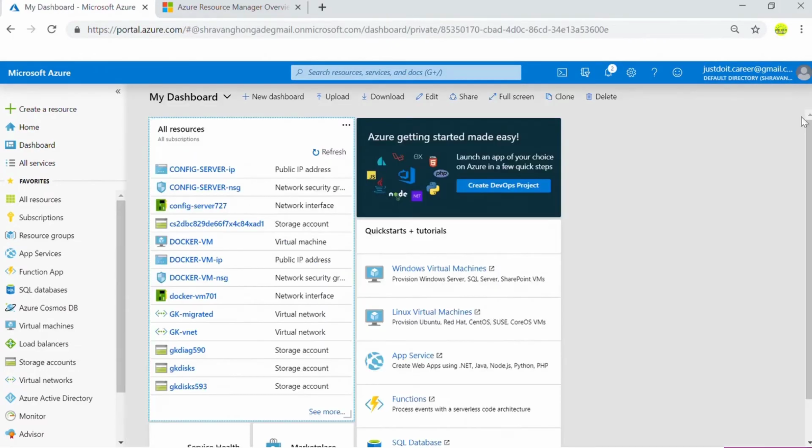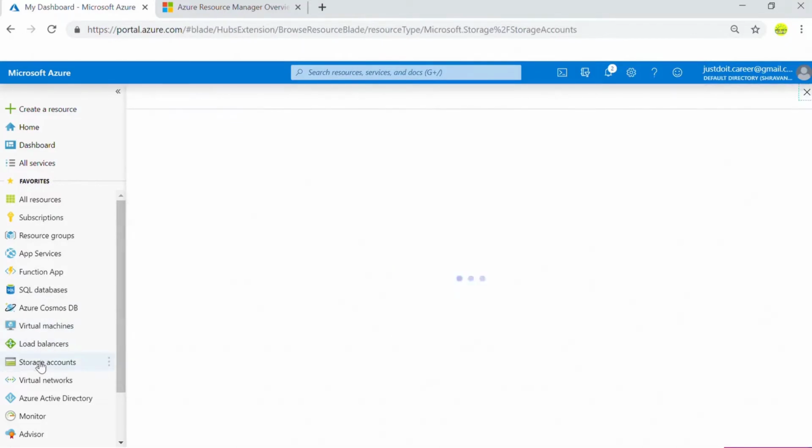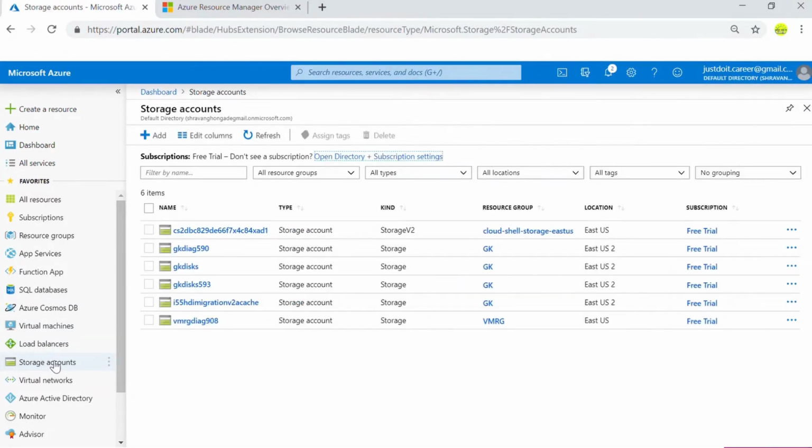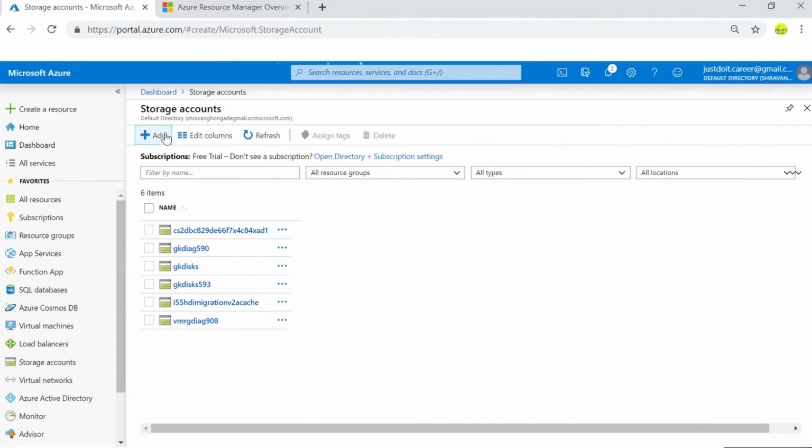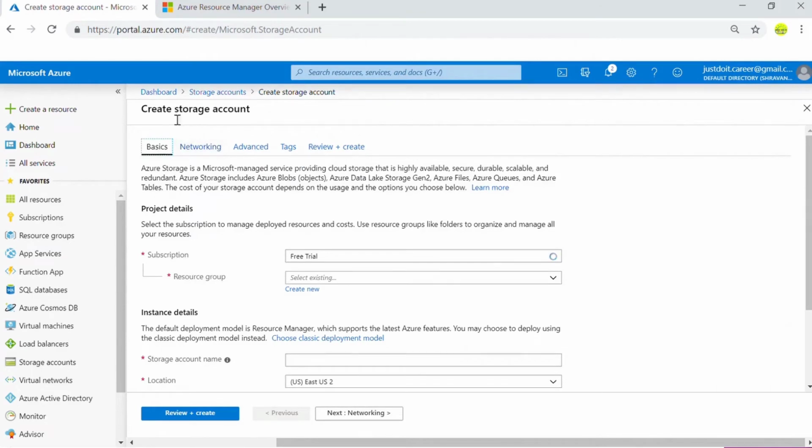So let's create a storage account now. We have to click on the storage account section, then click on add, and we can create a new storage account. First of all, we have to fill in some basic information, that is, the resource group name. We can select the resource group that we have already created recently, or if you want to create a new